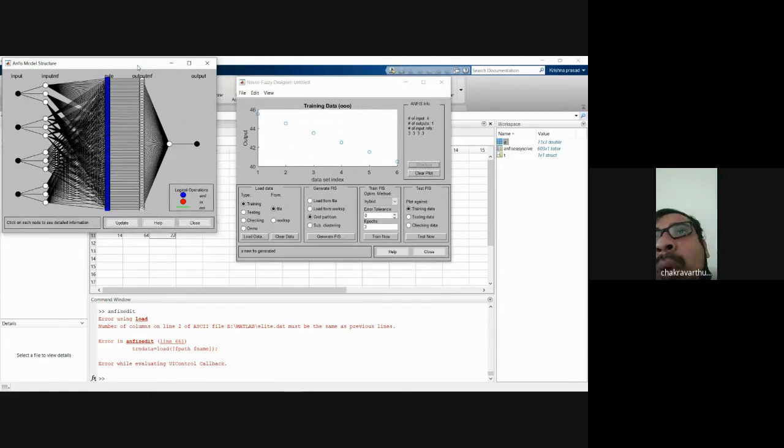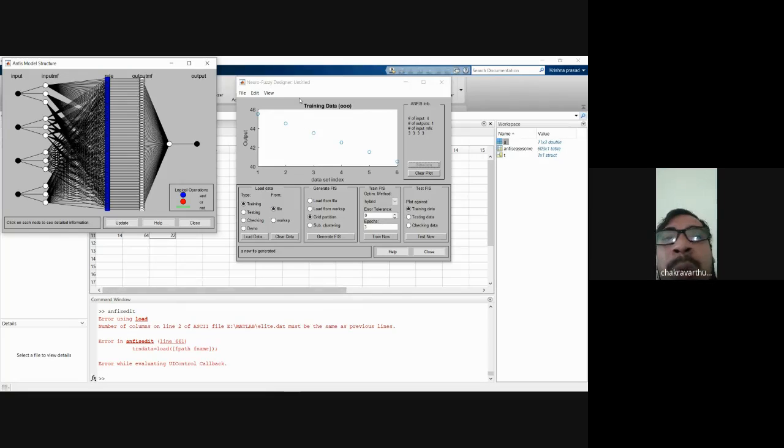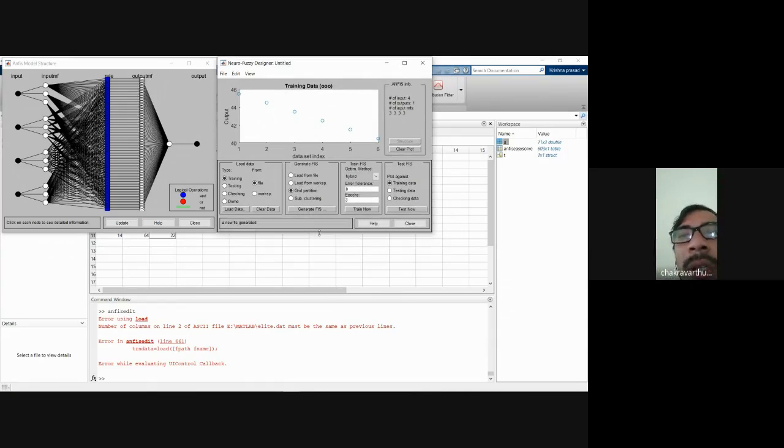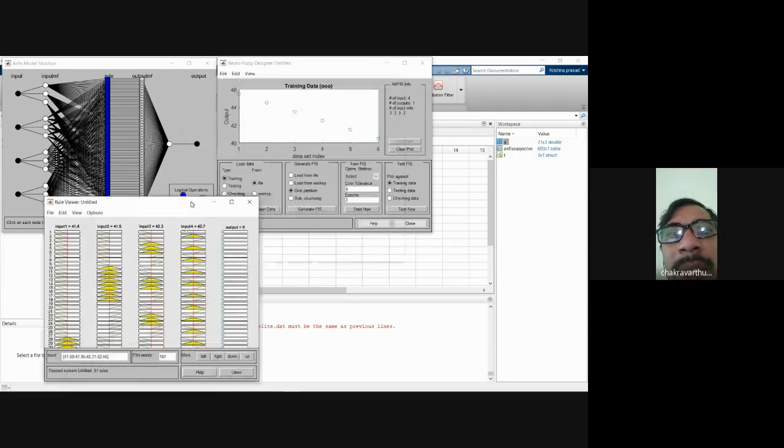Or if you want to upload individually, you have to generate different files in the workspace or in CSV files, and upload each one. It will ask you to upload input data. If you have more than 2 outputs, definitely you have to save the files in the workspace, because sometimes you may have more than 2 outputs. In those cases, you take the single data and save it in the workspace. From there you can get the data, upload it, and get 2 outputs as well. So this is the general structure of the process.